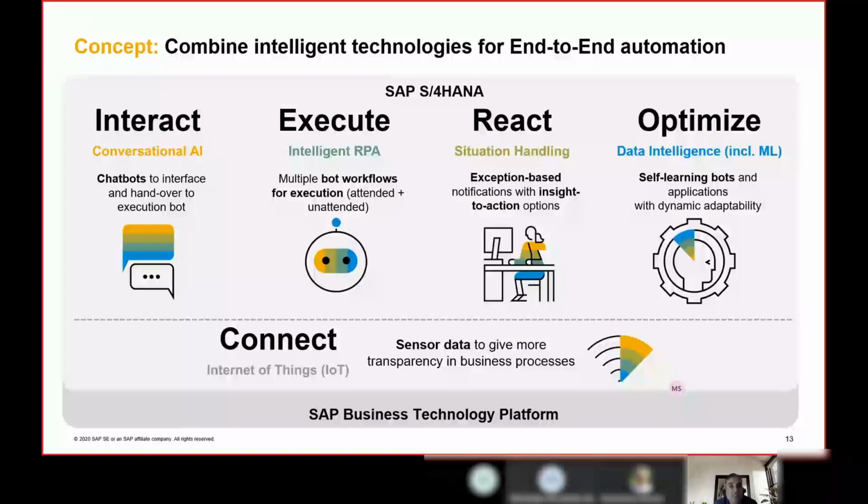You can have self-learning bots, machine learning scenarios, and predictive analytics also. And if you look at the end-to-end business scenarios, we are not talking about leveraging these technologies in silos, but you can combine these technologies together in your end-to-end business scenarios to make them much stronger and much more efficient.